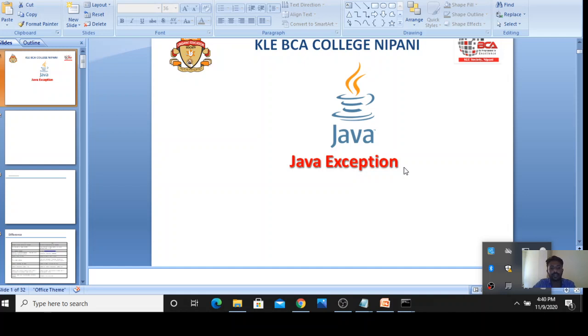An exception is an unexpected event that occurs during program execution. It affects the flow of program instructions, which can cause the program to terminate abnormally. An exception can occur for many reasons. Some of them are